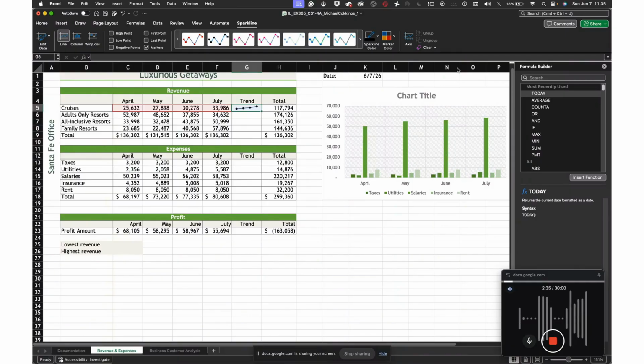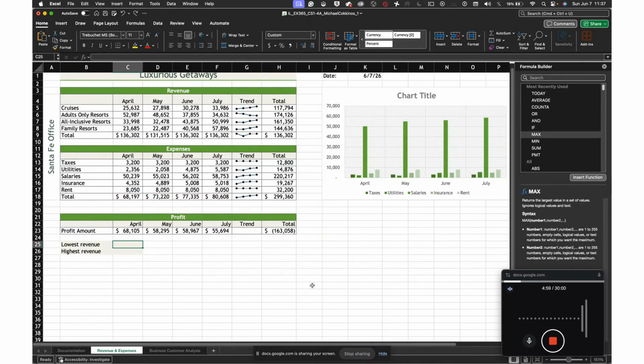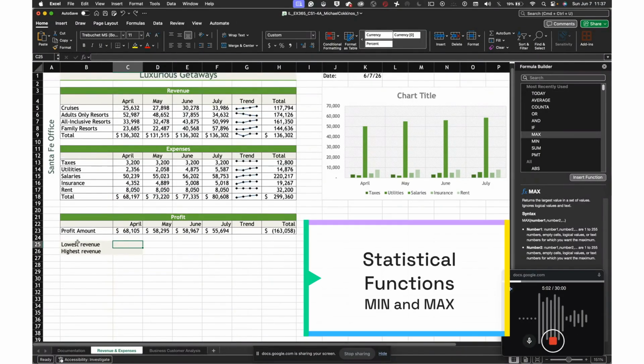Now we're going to copy cell G5 and then paste it into the range G6 to G9. Okay, so again, we can copy it and then paste it. And you'll see all those other trend lines appearing there. Probably could use the fill handle for this, but I'm just following exactly what's in the Cengage text to make sure we're not. Okay, so the next thing Jamar wants is statistical functions to give us the lowest and the